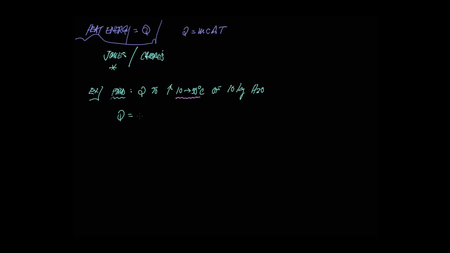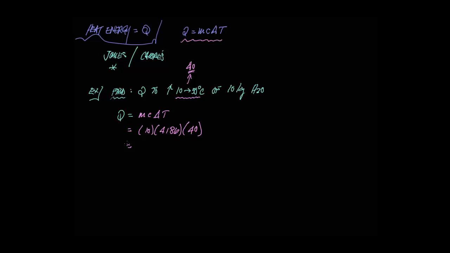So we can go through Q equals mc delta T. That's the equation we can use here. It's going to be mass, specific heat value, change in temperature. So we have 10 kilograms. The C value for water is 4186. The change in temperature, how much did that change by? It changed by 40. Now I'm not going to put in the plus or minus, I'm just going to say by how much did it change, because here we're adding heat. To raise the temperature we have to add heat, so it's implied that it's a positive number. So that's going to be 10 times 4186 times 40